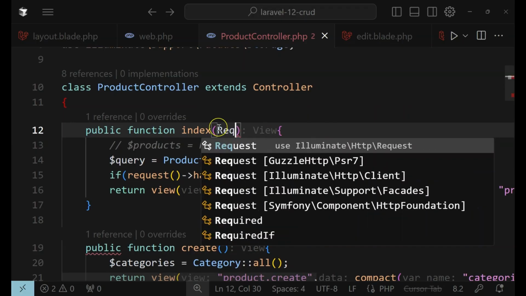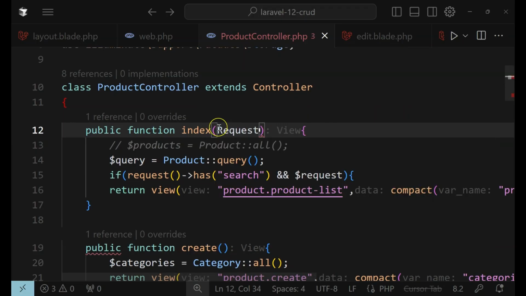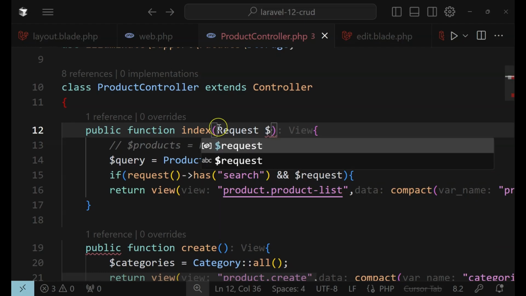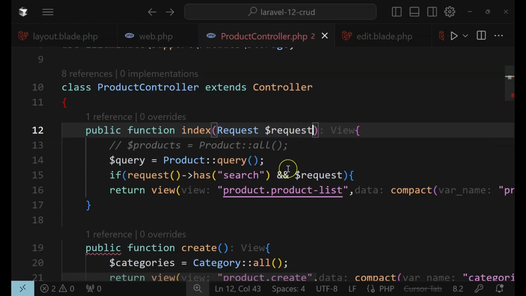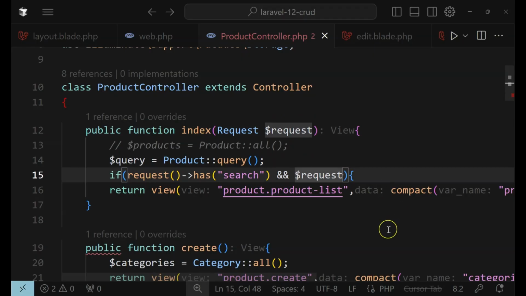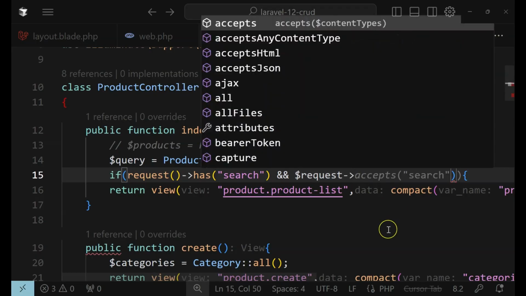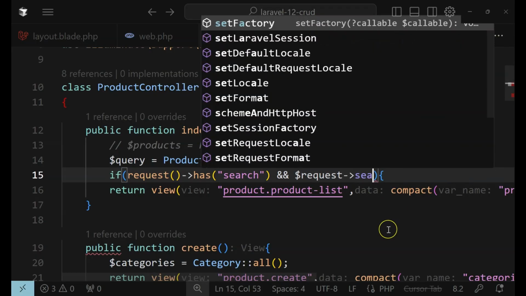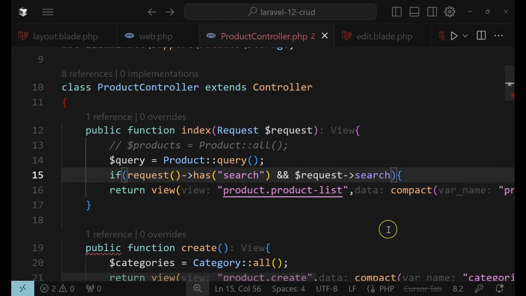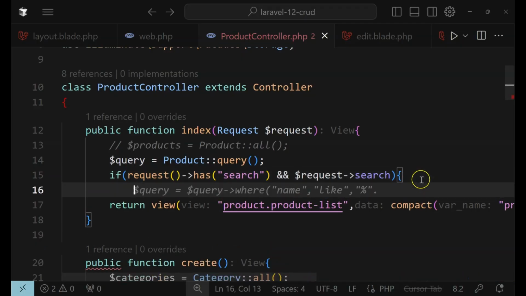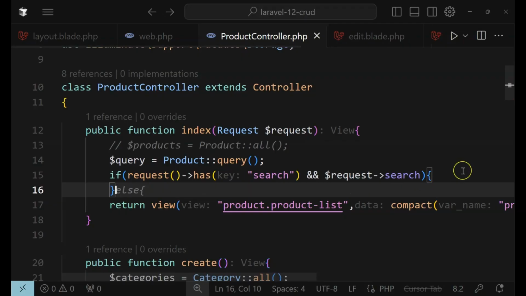So let's pass here the request, then request. Okay, so after that, here we can access if the search is on that object. Okay, and after checking that, then we need to have a query. Okay, so here let me first close the if condition,